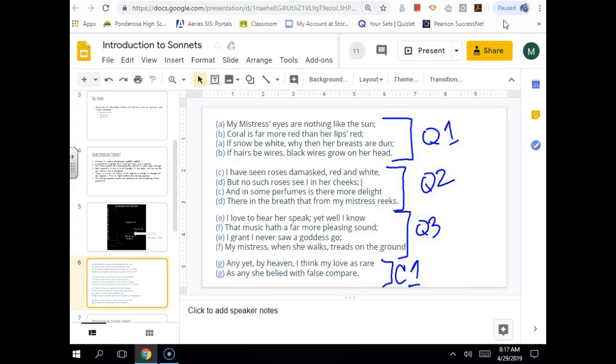Okay? So he's talking about in the quatrains. What's he talking about in the quatrains? What are the two things he's comparing? Sophia, any idea? Love and like. Things, right? So he's making fun of all of this love type stuff, okay? And then in the couplet, what is he saying in the couplet? And yet, by heaven, I think my love is as rare as any she belied with false compare. Okay? So he's comparing these two things in the quatrains, but now he gets to the couplet, Nathan.